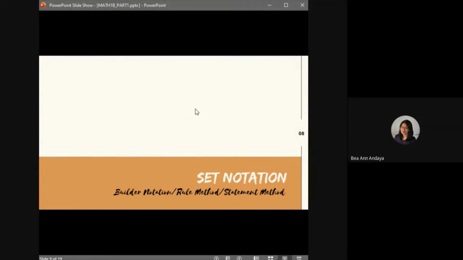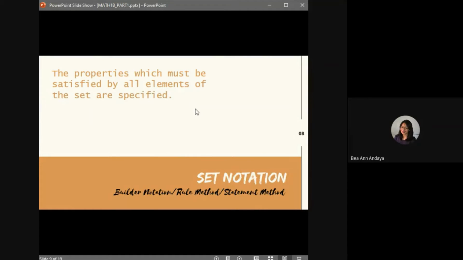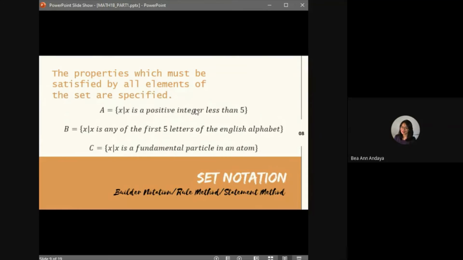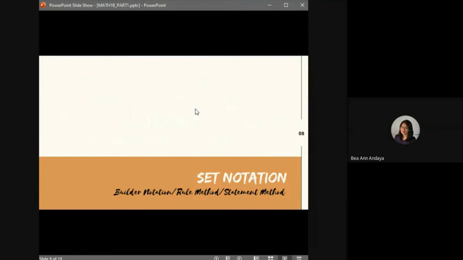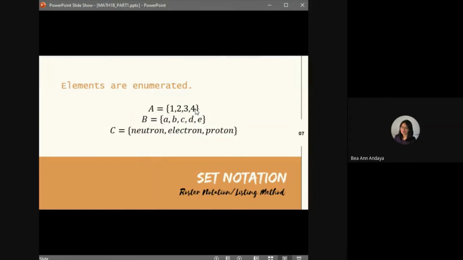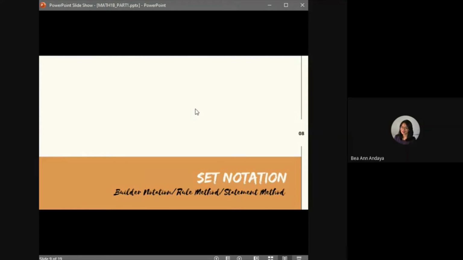Okay, yung statement method natin, builder notation or the rule method, is simply having the properties which must be satisfied by all elements of the set and they are specified. Okay, yung una, okay, balikan lang natin to. Yung letter A dito or yung set A natin dyan, tandaan nyo lang, that's 1, 2, 3, and 4. So, yung kaakibat nito or its equivalent,